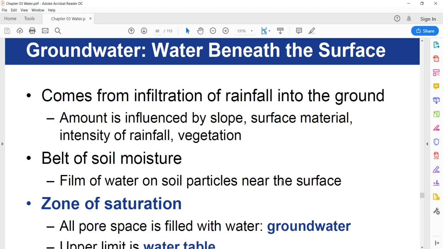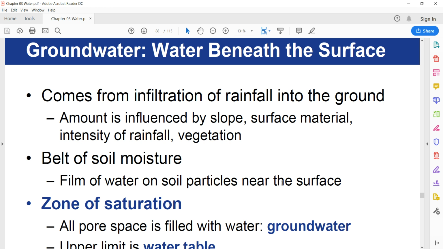So how does groundwater come into existence? It comes from infiltration of rainfall into the ground. So after the rainfall event, some of the water flows on the surface in the form of a stream or runoff, but another part of rainfall is absorbed into the ground, and its amount is influenced by slope, surface material,